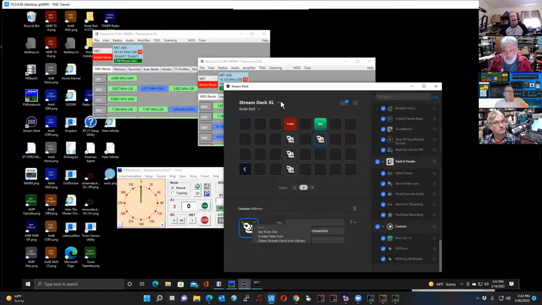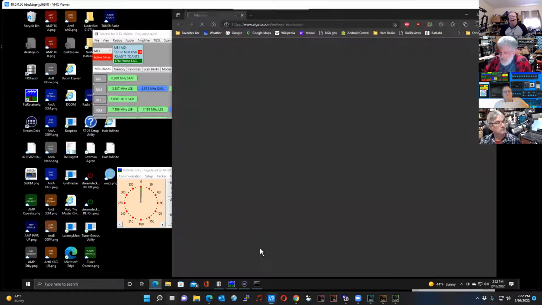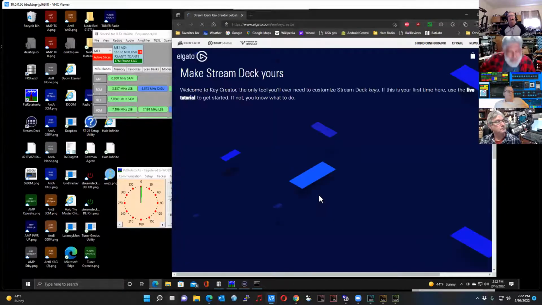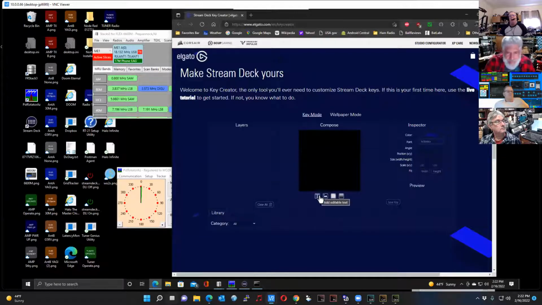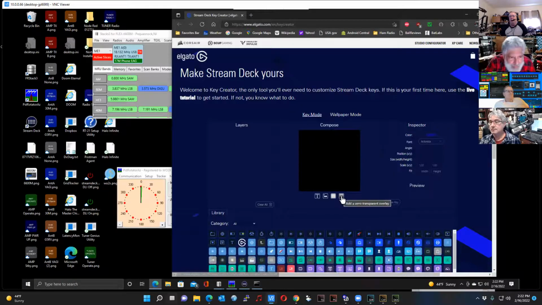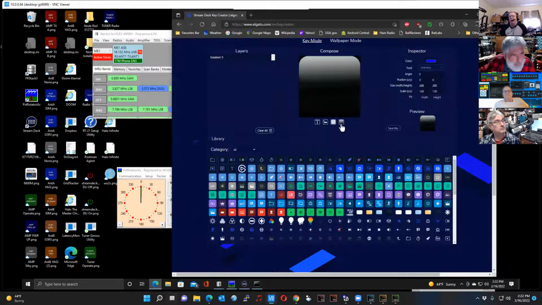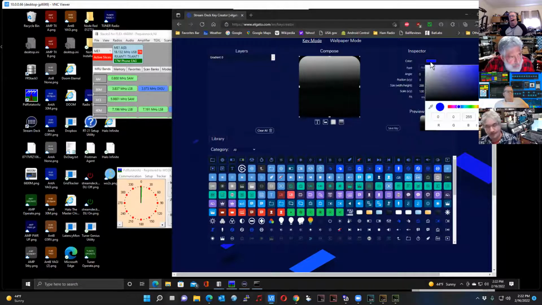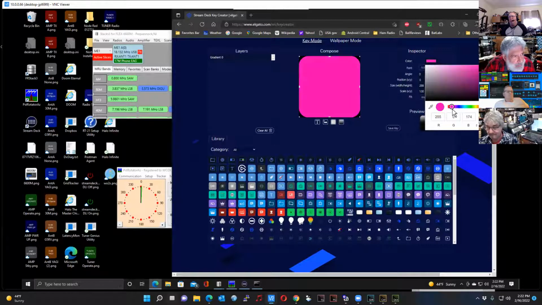Okay, so, thank you. Yeah, so all we're doing now is using the custom editor here, create new icon, and we create these icons. So if you have relay one on, relay one off, you would create a new icon. You could do a semi-transparent background, or you could do a solid background. So we did semi-transparent. You select the color up here in the upper right, and we can choose whatever color we want for on. Want something that's a little bit more red, we can go something in the red,